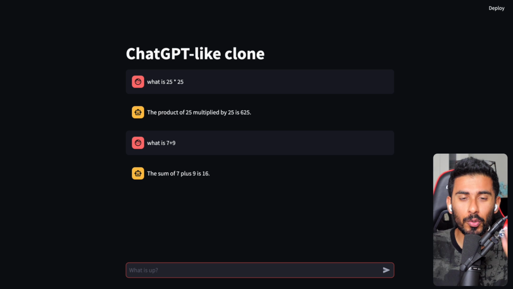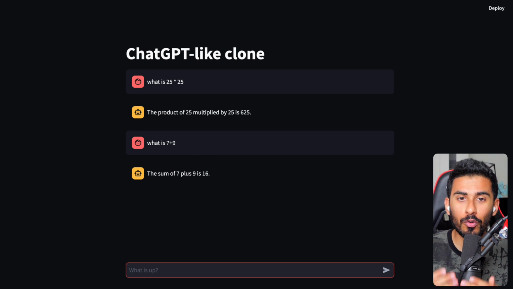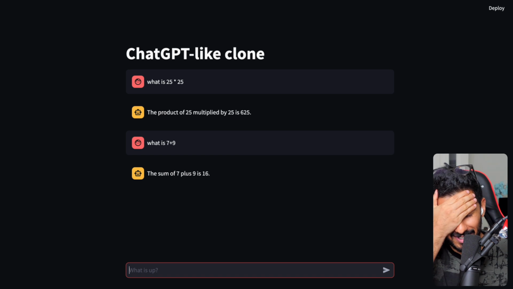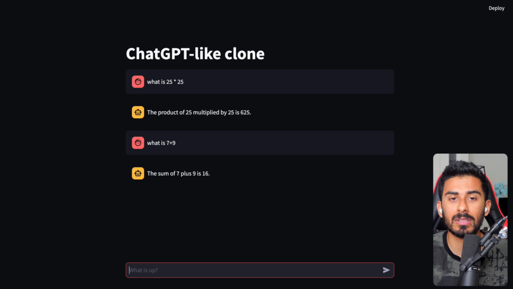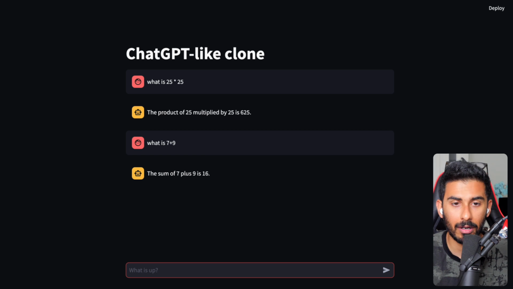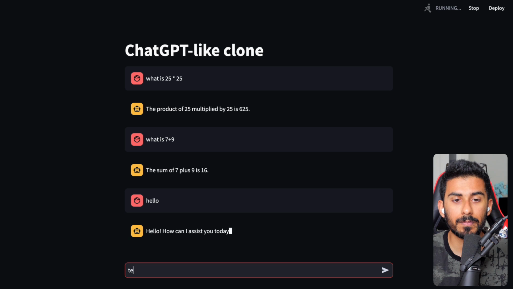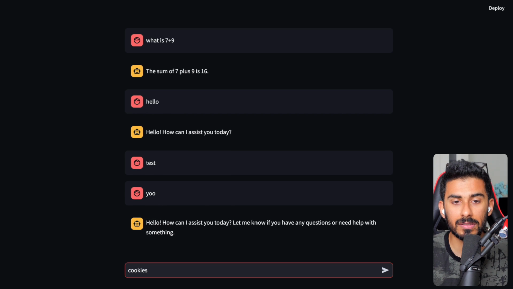We just, in 2 seconds, we got a ChatGPT clone up and running, and we didn't have to do all that work. Like, I remember building this with Next, and it was so much work, and it took forever to build something like this. And I love how simple this is, like how quickly it just built the absolutely right thing that I wanted. Hello, test, yo, cookies,